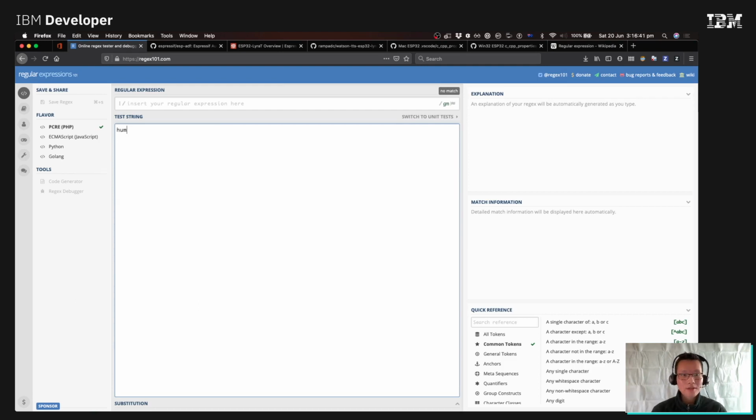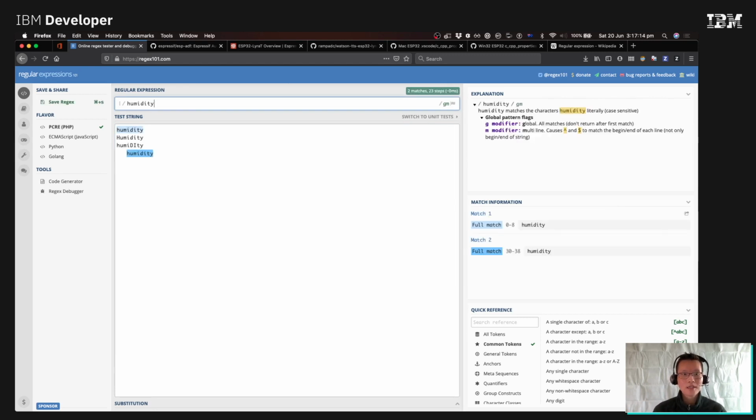So let's say that my test string is humidity, and I'm going to have multiple versions of humidity. Something like with a capital H, with a capital D and Y, R in the middle, and also with a bunch of spaces before and after the string. What you want to do is to be able to detect humidity in all of these variations. How do you do that? Well, the first thing you want to do is probably just type in humidity